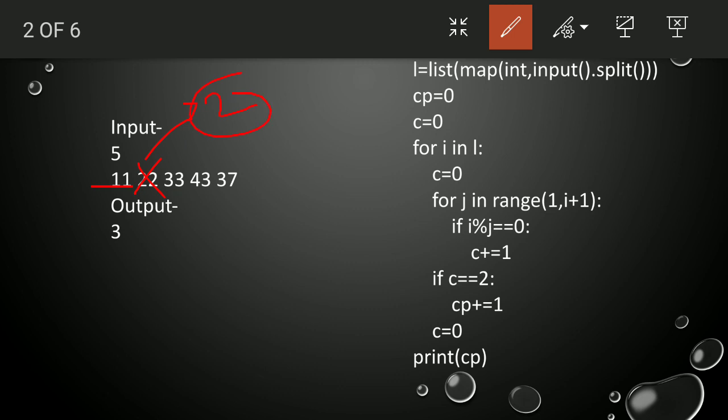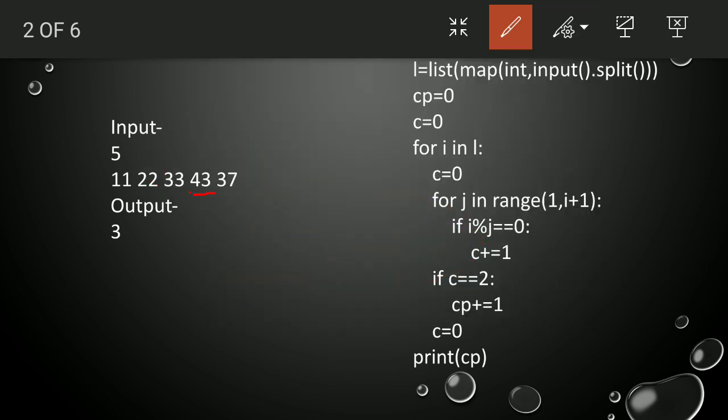Is 33 a prime number? Sorry, 33 is also not a prime number, because it is divisible by 1, 3, 11 and 33. It has more than 2 divisors, so it is also not a prime number.